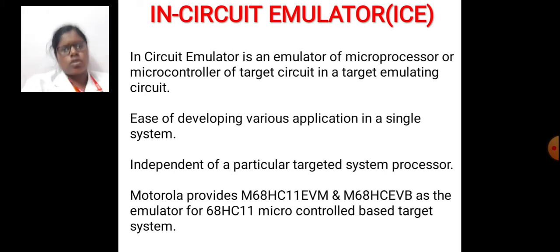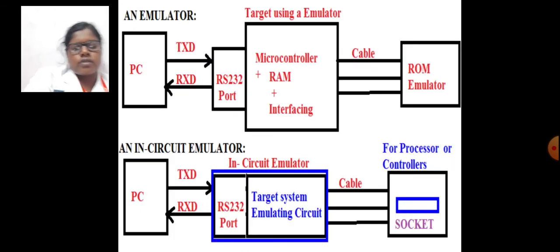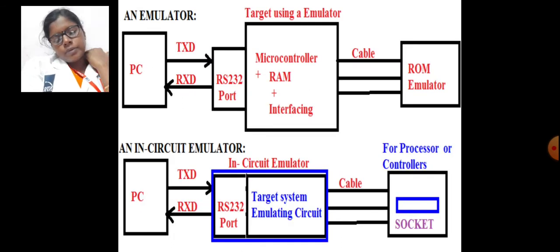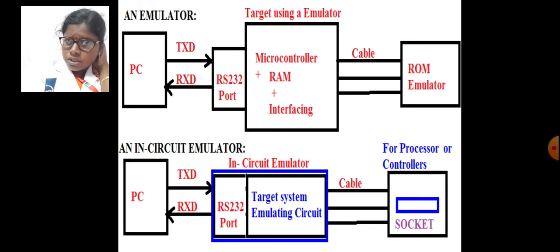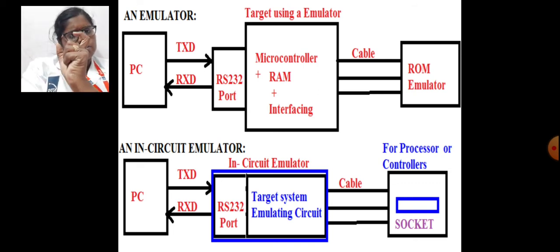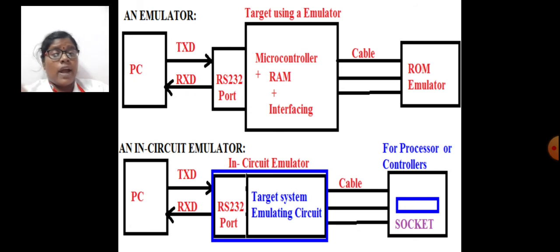Now we can see the limitations of in-circuit emulators. Availability and cost, on-chip functions and transparency are the limitations of emulators. For availability and cost, even for simple microcontrollers there are many variants, so different ICE hardware is required for each. Modern cutting edge microprocessors are operating at very high speeds.